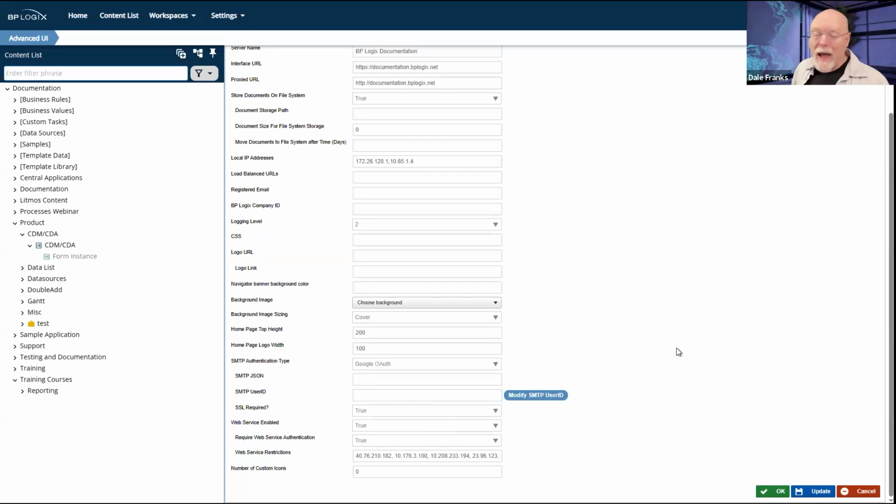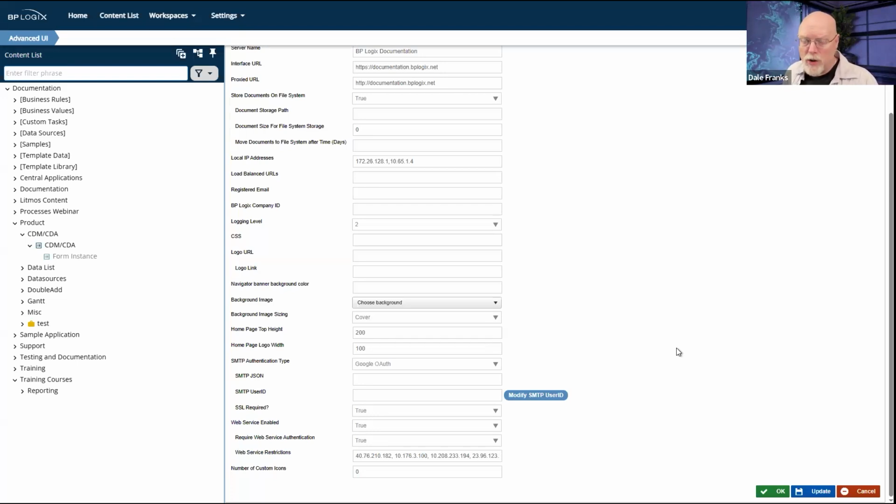Google is a little late to the game in getting OAuth implemented. They are just now beginning to require OAuth for SMTP. They didn't do that before, but they're finally changing, coming in a little bit after Microsoft, which did it last year. Google is going to be enforcing it this year. So we are going to be adding that to the product in the very near future. I believe this will be available in .300.